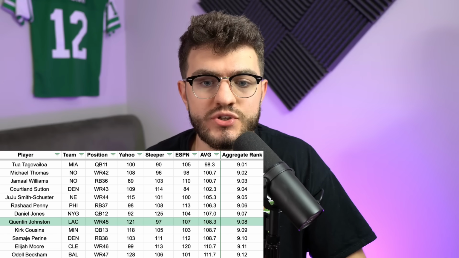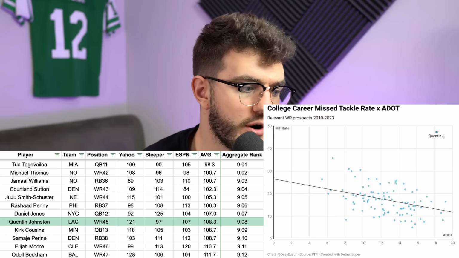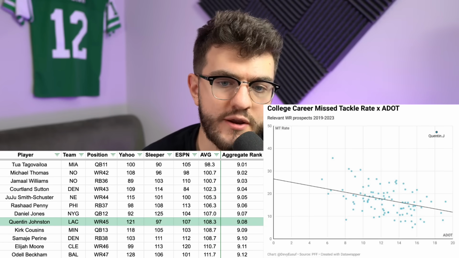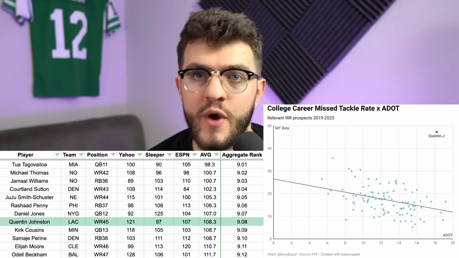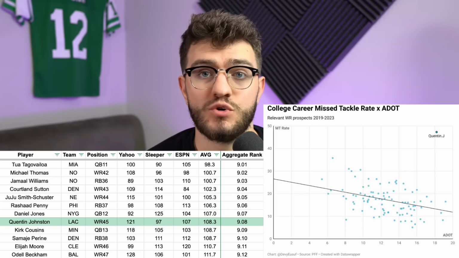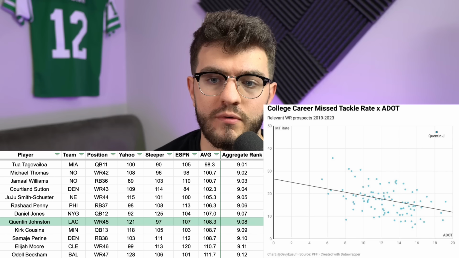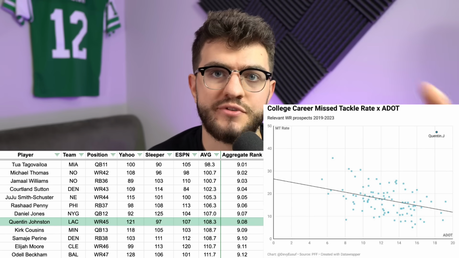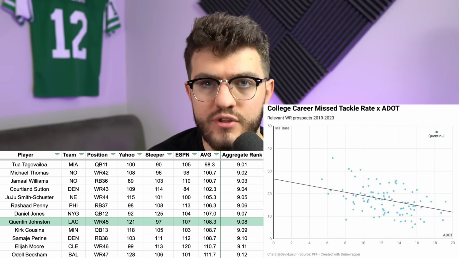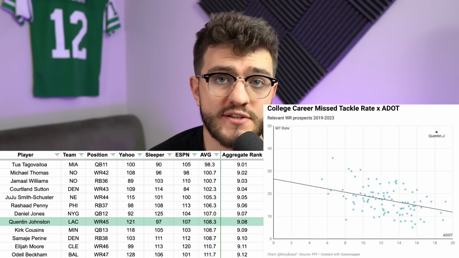And Quentin Johnston has one of the most unique skill sets I've ever seen, where he is somebody where missed tackles forced rate and average depth of target and yards after catch and average depth of target have a negative correlation, right? Your low ADOT, like a Deebo Samuel type, is going to make a lot of guys miss. But you have a Chris Olave who is going to go down the field and then fall down. Not usually do you have a guy who is both, where it's like Chris Olave down the field, then he has the Deebo after-the-catch ability. That's usually very, very rare. And Quentin Johnston has that, and that's what makes him so exciting.